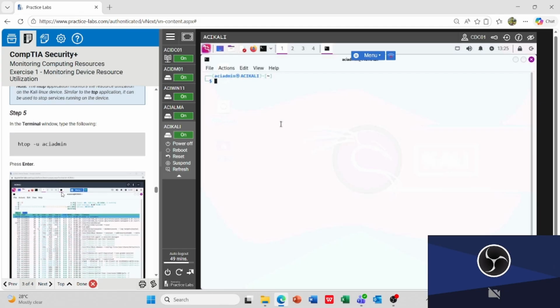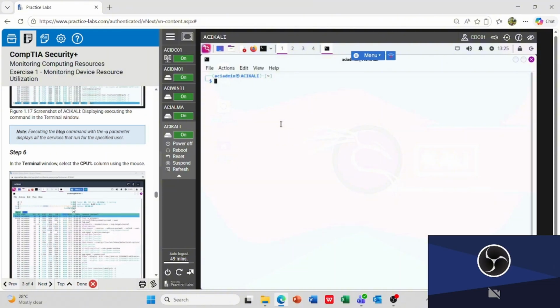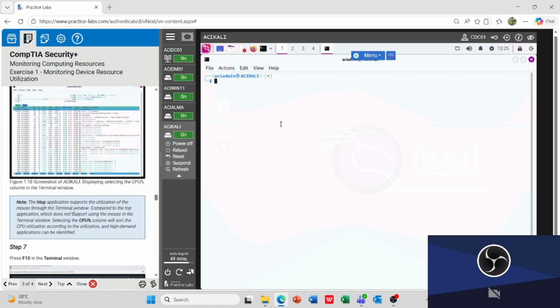In the terminal window, type htop space dash u space ACI admin. Press enter. Take note, executing the htop command with the -u parameter displays all the services that run for the specified user. In the terminal window, select the CPU percent column using the mouse.